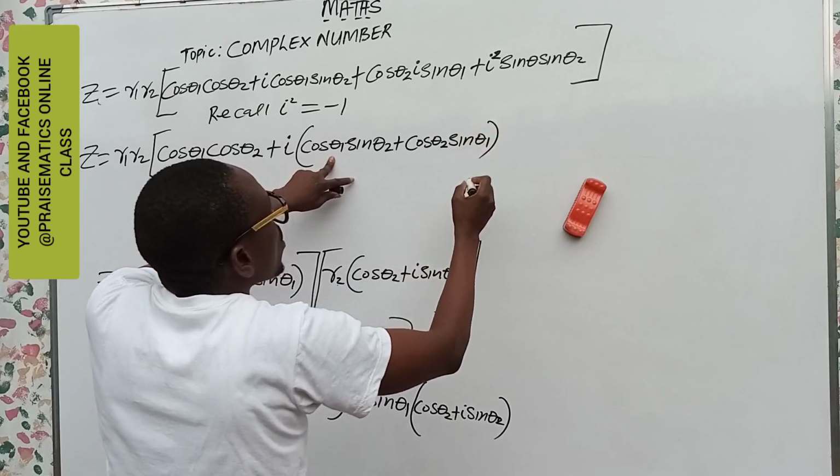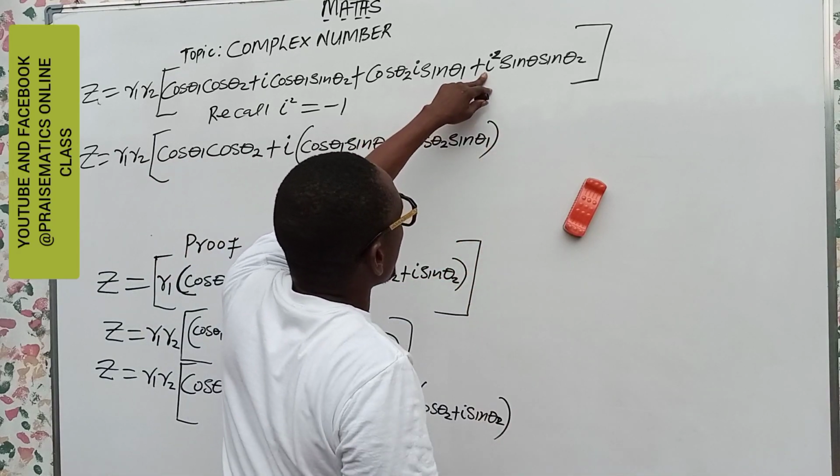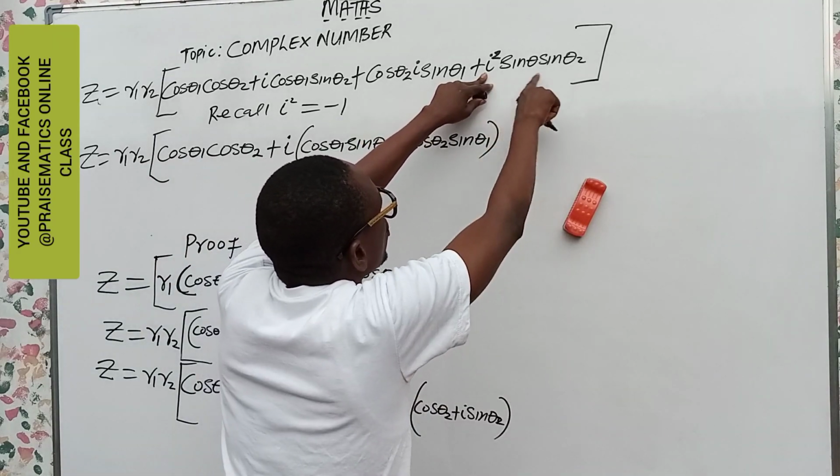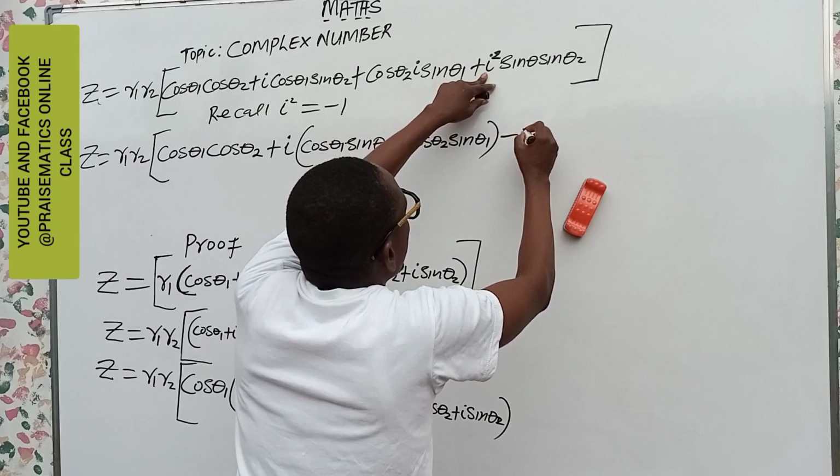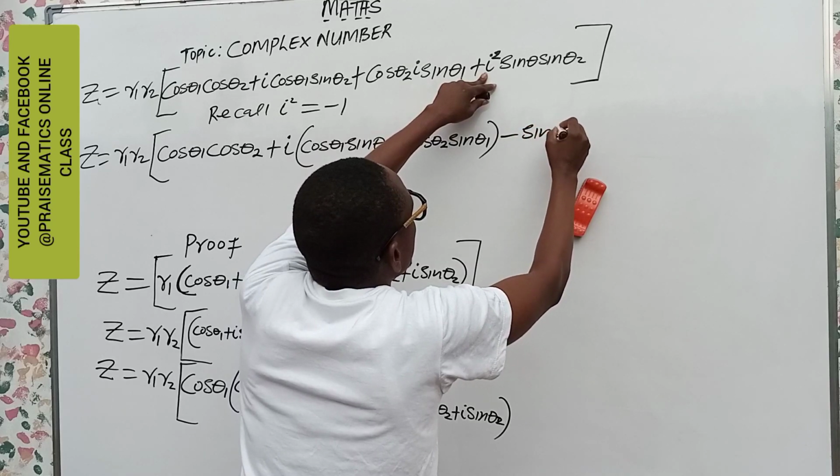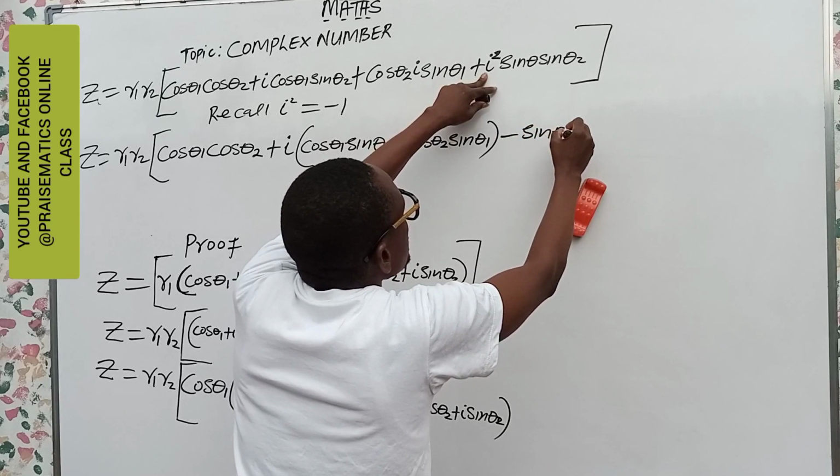Close it. Remember that this is minus 1. Minus 1 multiplied by this will give us minus sin theta 1